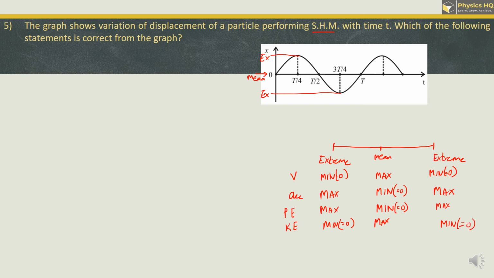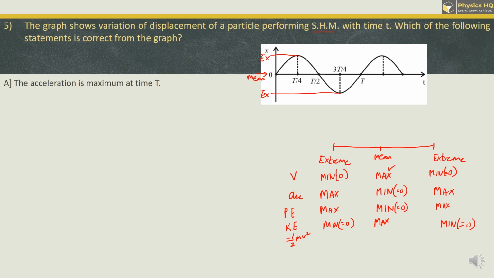Just because the velocity is maximum over here, you get maximum kinetic energy, which is given by the formula half mv square. At extreme position velocity is 0, therefore kinetic energy is also 0. Okay, at remaining points other than these 3 points, both potential energy and kinetic energy exist. So now let us go ahead and check the options that we have got.